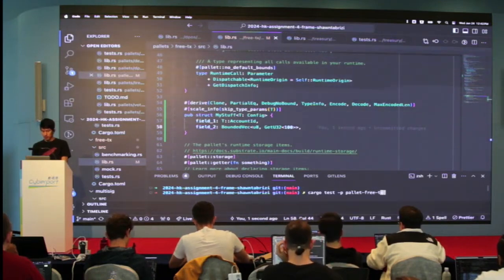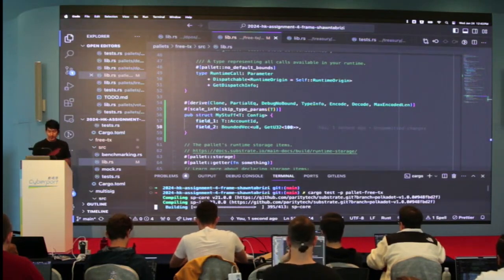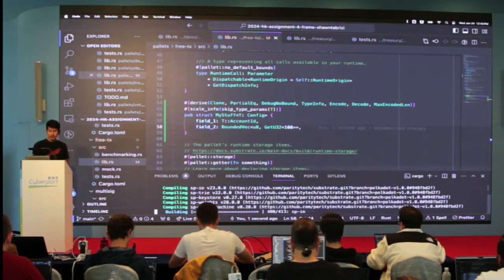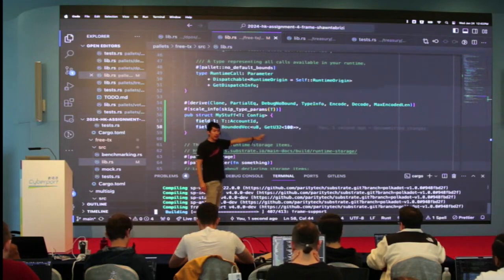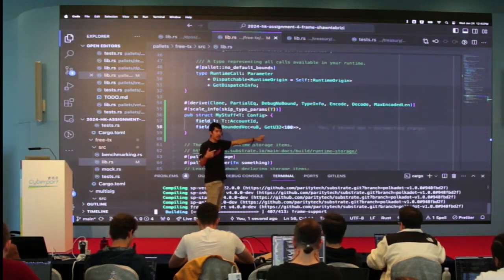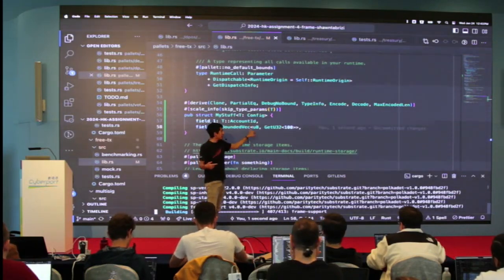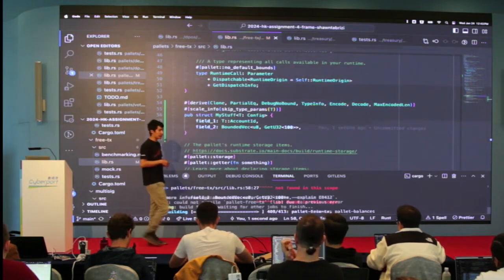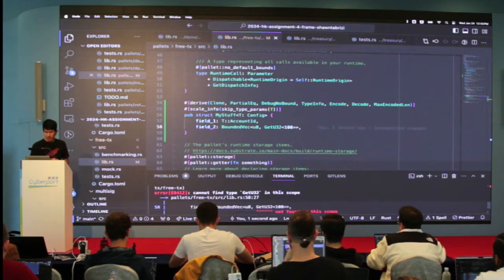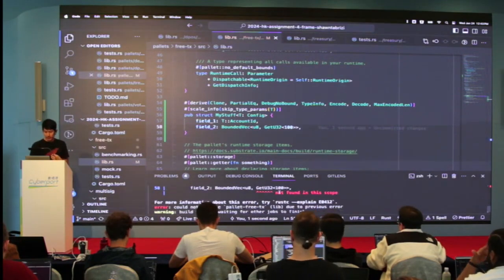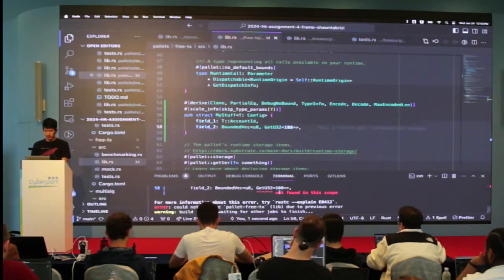Free tux. I shouldn't need to explain this too much, because I really believe that you did this in your pre-exam stuff, the assignment 0. This bounded vec thing, you didn't do it? Okay, let me get this working. No get u32 in the scope. Let me find out.